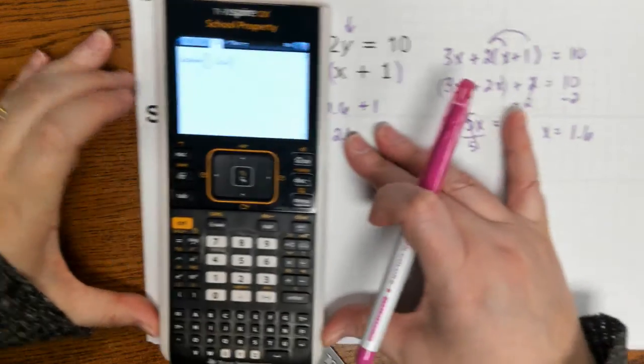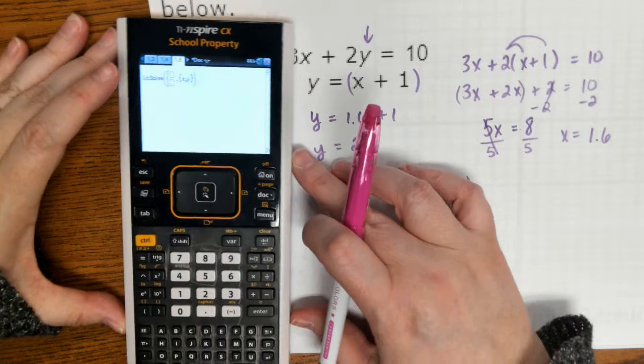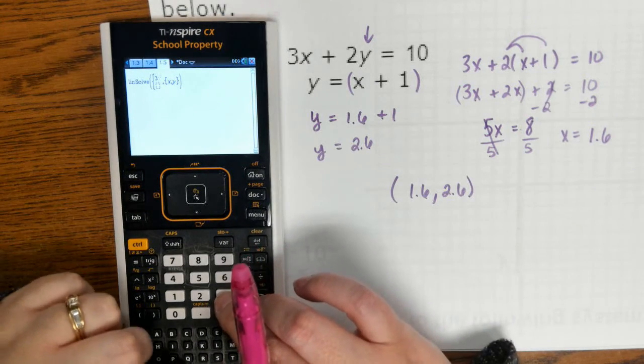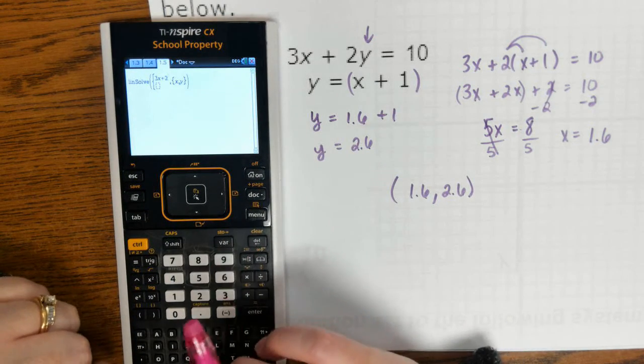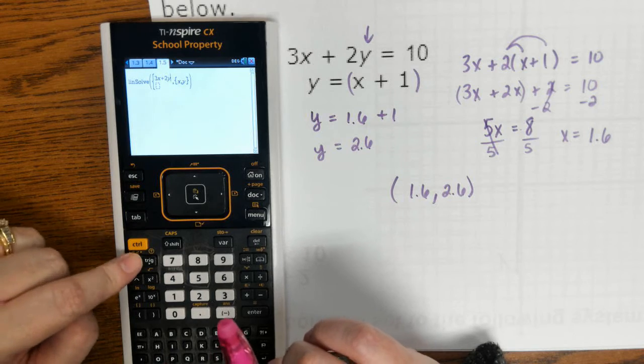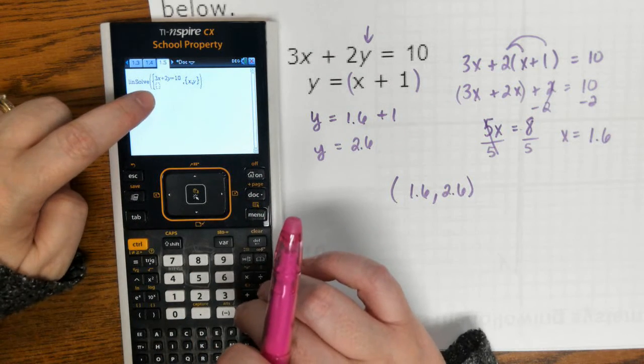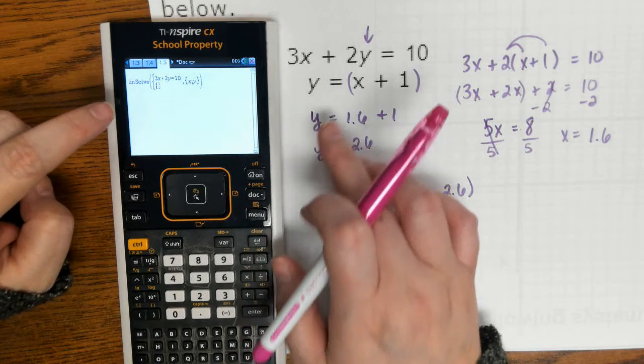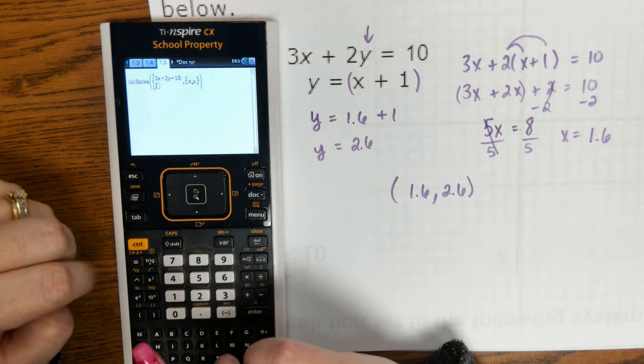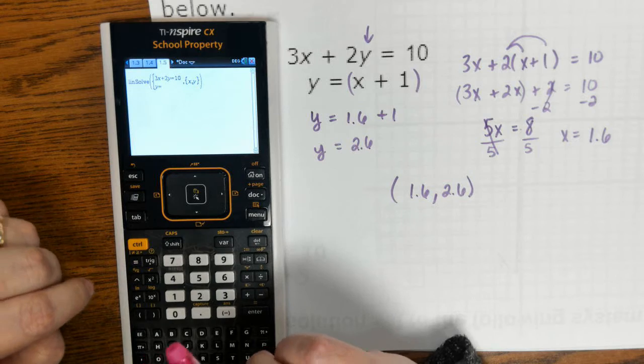Then we type in the first equation on the first line, which is 3x plus 2y equals 10. Then tab takes us to the second equation, and then we type in y equals x plus 1,